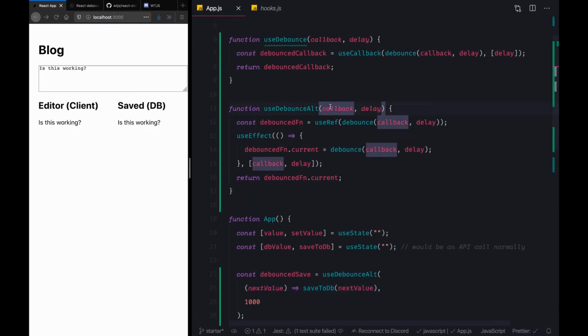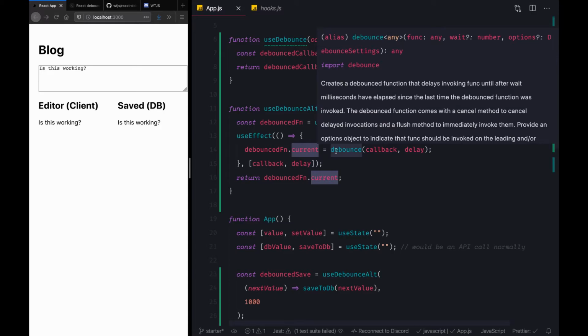So the reference that we are receiving for the callback would be different for each and every render, and because of that, this effect would end up running on each and every render, therefore creating and updating this current value to a fresh debounce each and every time. So that isn't what we want.